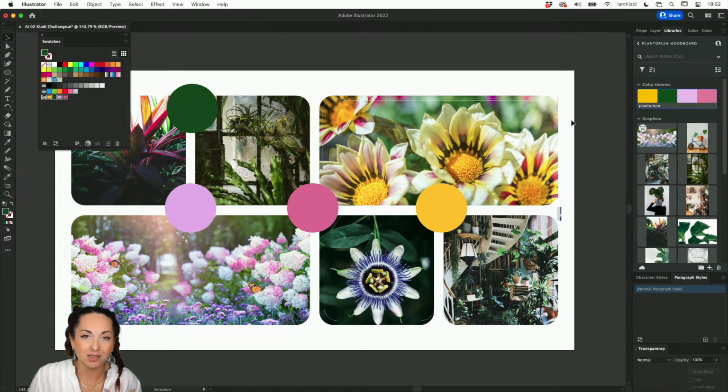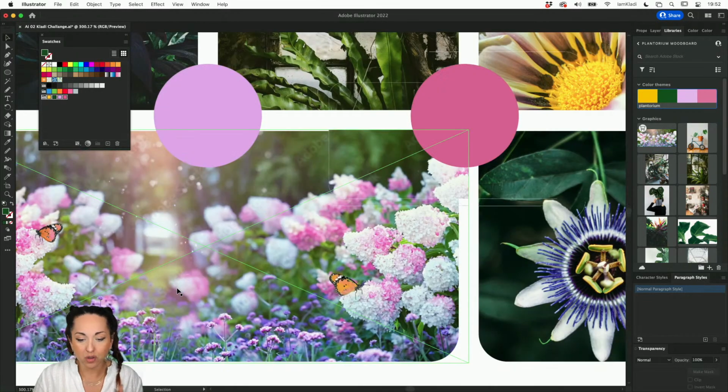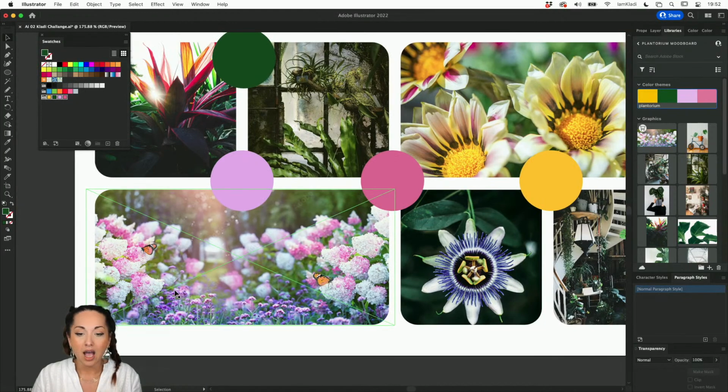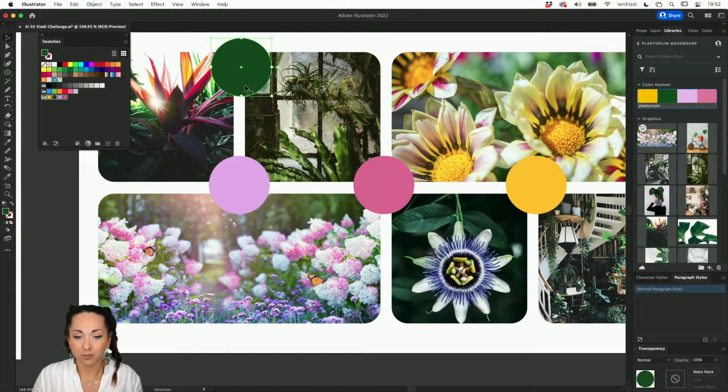Now, what happens if one of your colleagues or clients tells you, you know what? I just love this photo. This photo is just so gorgeous. Forget the other one. I want to make sure that the colors that we're using are just the colors of the image there. Well, all you have to do is select your artwork, in this case, our circles, and